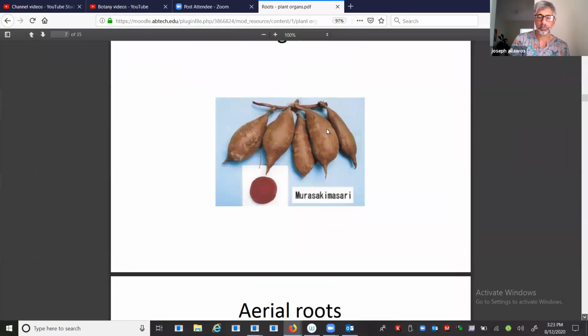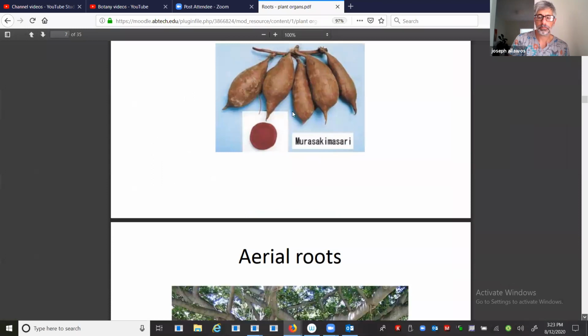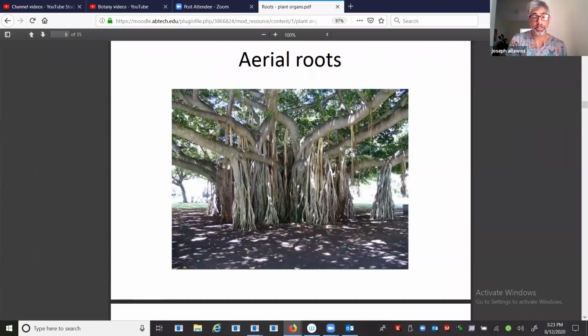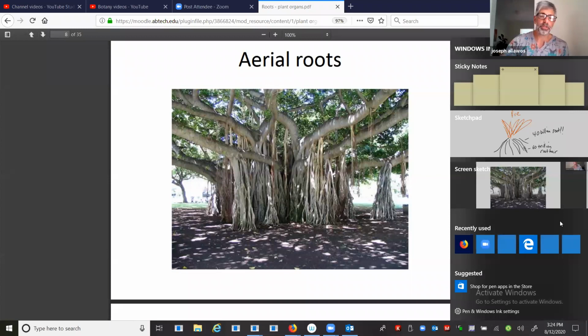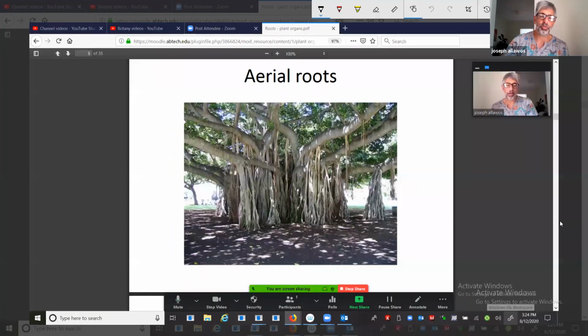Roots, in this case, the branches. This is a strangler fig that you see here, and this is a really dramatic example of aerial roots. They call it a strangler fig because typically what happens is this tree will start to grow, a seed will germinate, usually spread by birds, and it might germinate in the crown of a palm tree. They're tropical trees, so imagine a big palm,